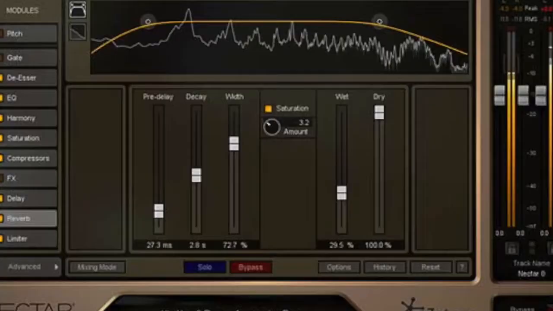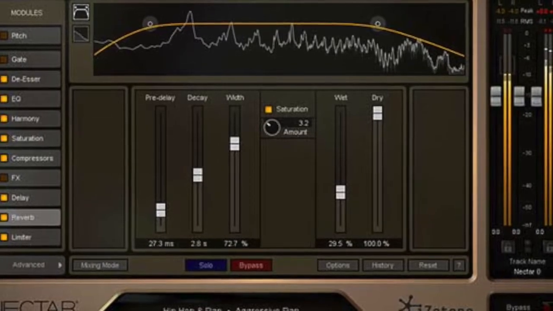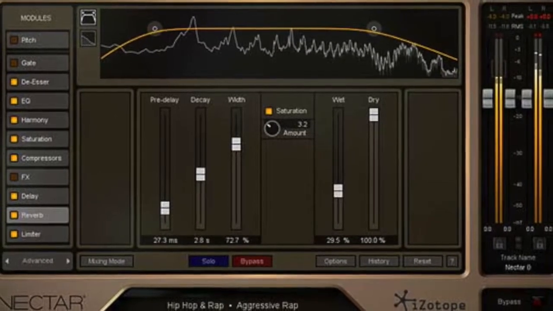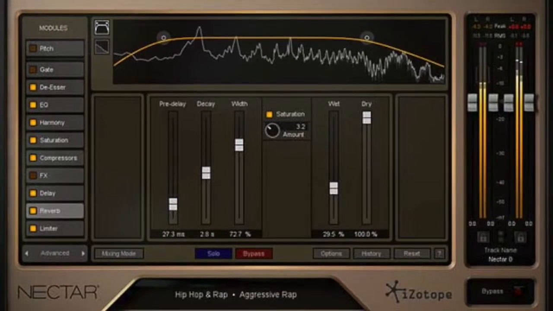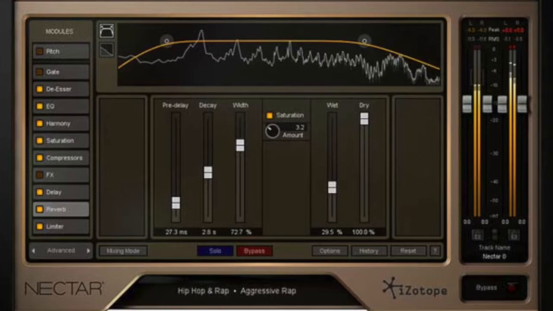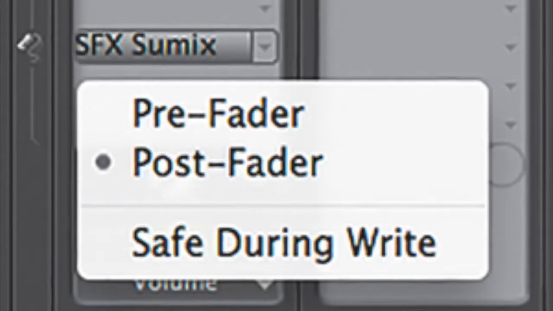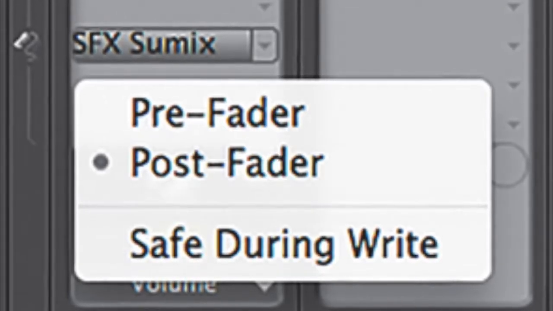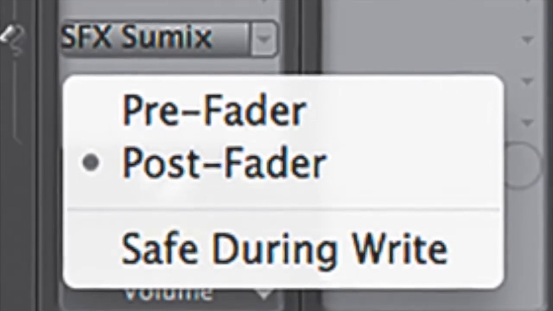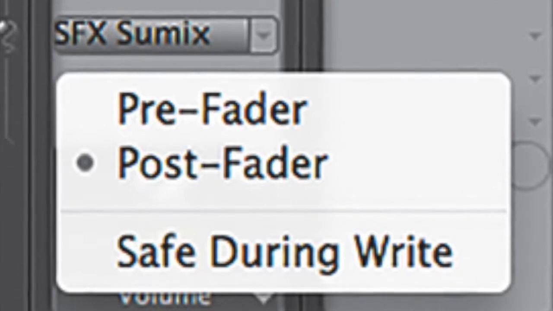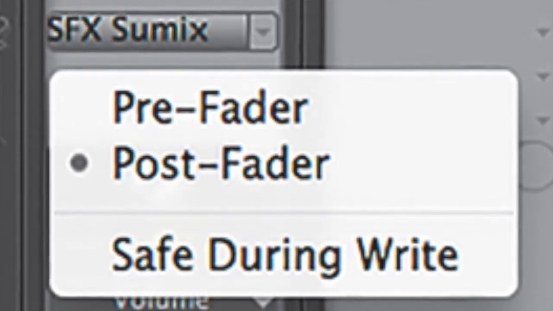Another use of the aux send is found in the process of adding audio processing effects such as delay and reverb, and these are always to be post-fader sends. They are post-fader sends because if you are recording a guitar and you bring down the level, it should also bring down the level of the reverb. If it were pre-fader, we would bring the track fader down and we would hear only the reverb of